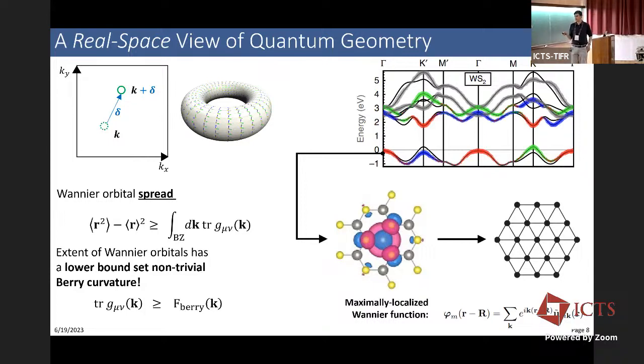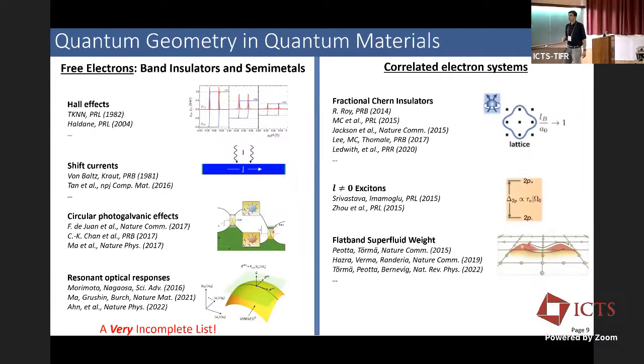Well, we'll focus for the main part of the talk on maximally localized Wannier functions, which is to say these are Wannier functions that have a tail that is exponentially localized, but might still have a finite extent in real space. But we can discuss generalizations to truly topological bands in which one cannot form a maximally localized Wannier function at all. Now, aspects of quantum geometry and optical responses in quantum materials have garnered a lot of interest, particularly